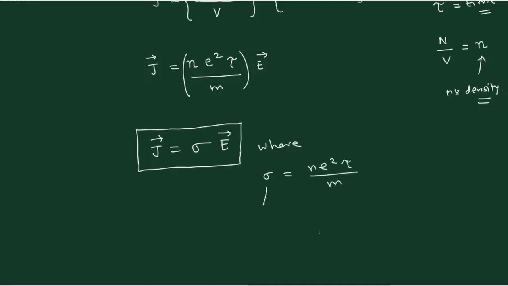And if you do the dimensional analysis, that is very simple. e means Coulomb square. So this is actually Coulomb square. Then you multiply it by time. Then this is by kilogram. All these things, if you do, this will represent the electrical conductivity. Therefore, we will call the sigma the electrical conductivity.